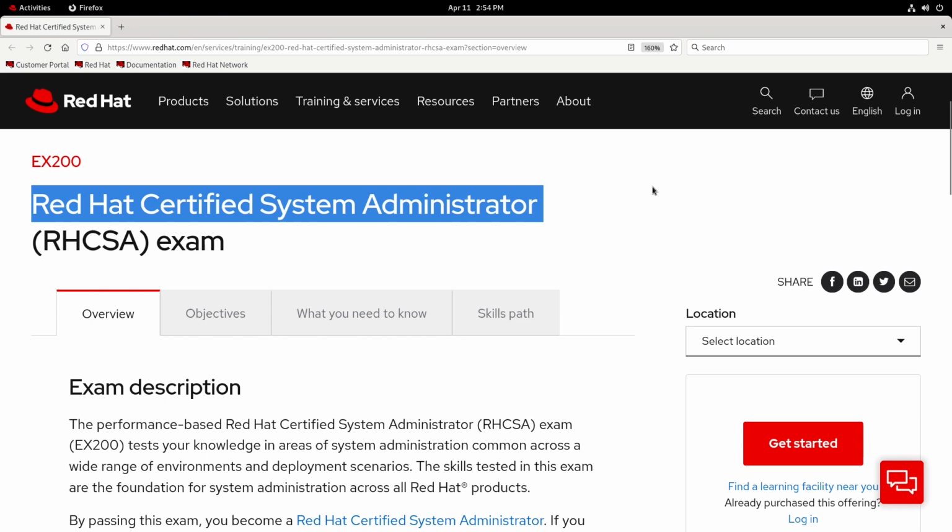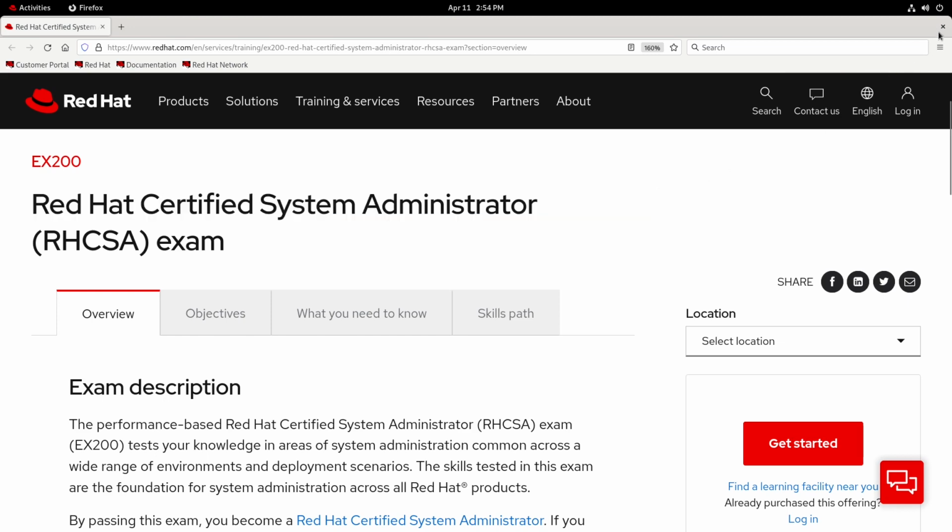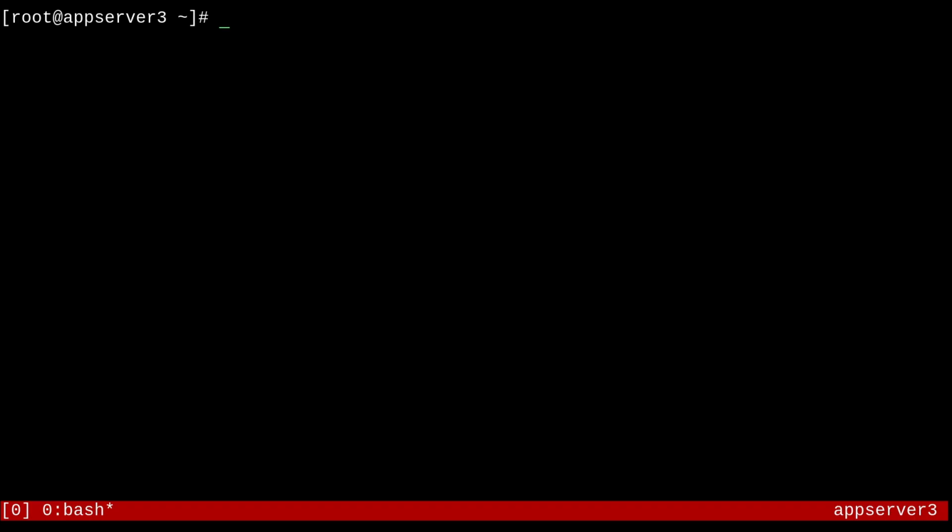And now what we'll do is get back onto our machines. It'll be the same ones as last time, and we can start with changing the default zone. So you'll see here that I'm on my app server 3 machine, and if I run a firewall-cmd --get-default-zone, we're going to find that my default zone is the public zone, which is in fact the normal behavior for firewalld out of the box. However, we can change this default zone with the --set-default-zone option, which I'll show you in just a moment. But let's just first check what zones we already have available with the